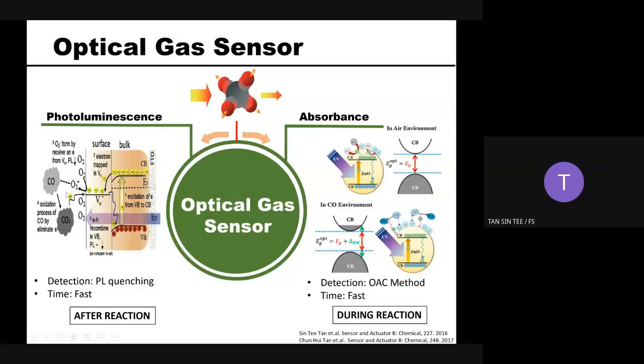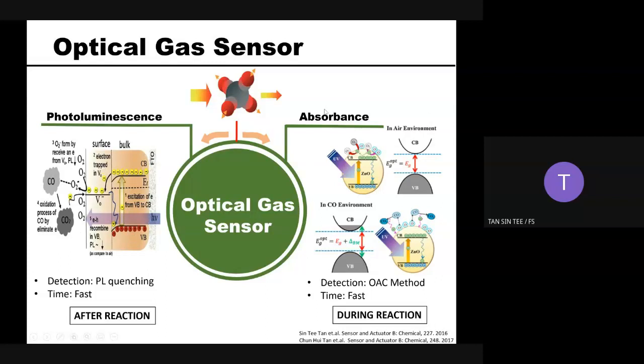So when they react with the CO gas, they will undergo reduction and return the electron back to your system. And once the electron and hole are recombined, you can actually detect the signal for the PL quenching. This process seems very long, but it actually occurs in femtoseconds to nanoseconds, which is a very, very short time. We proceeded with this experiment in collaboration with the Lim Coxen group.